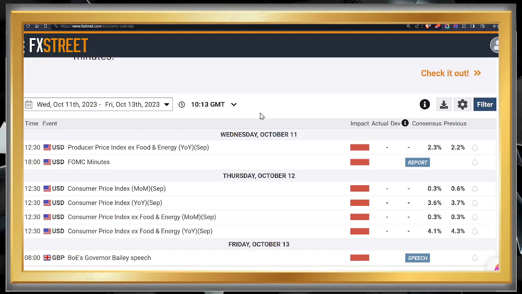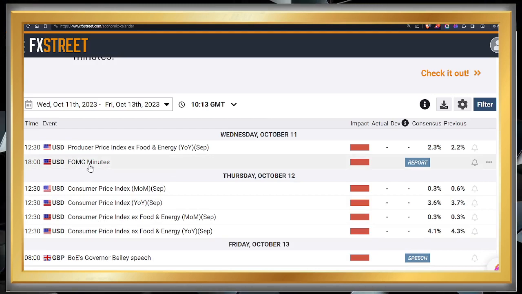And generally, economists are projecting a 2.3% expansion, which is on the positive side. So we are likely going to be seeing an expansion in that sector. So we're looking forward to seeing what the actual data will be. Will it be just as expected, below expectations, or even beyond expectations?